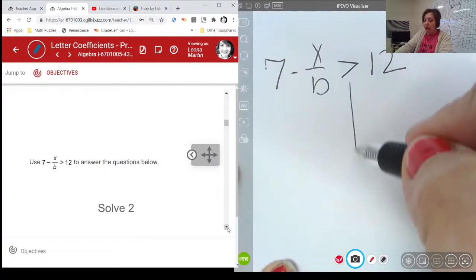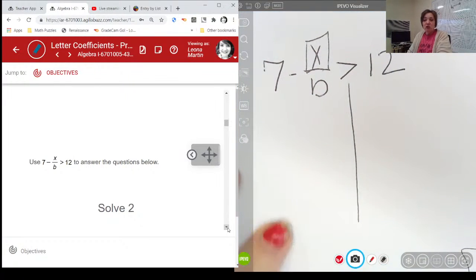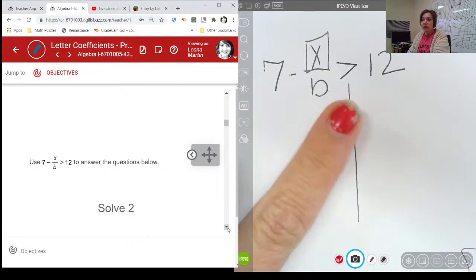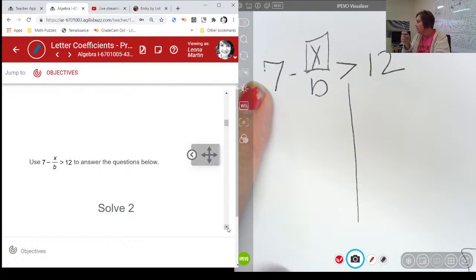So we're going to draw our line, and we're solving for x, right? So what's over here that we got to get rid of? The 7 and the b. Which one are we going to get rid of first? 7. How do we get rid of that 7 first? How do we get rid of it? So,